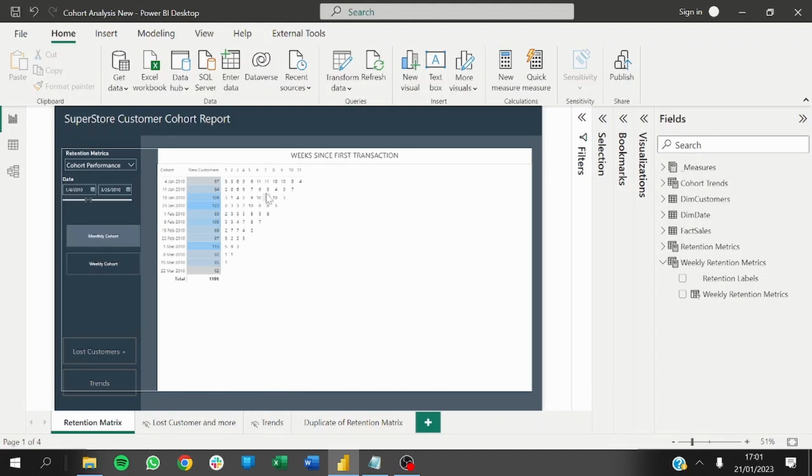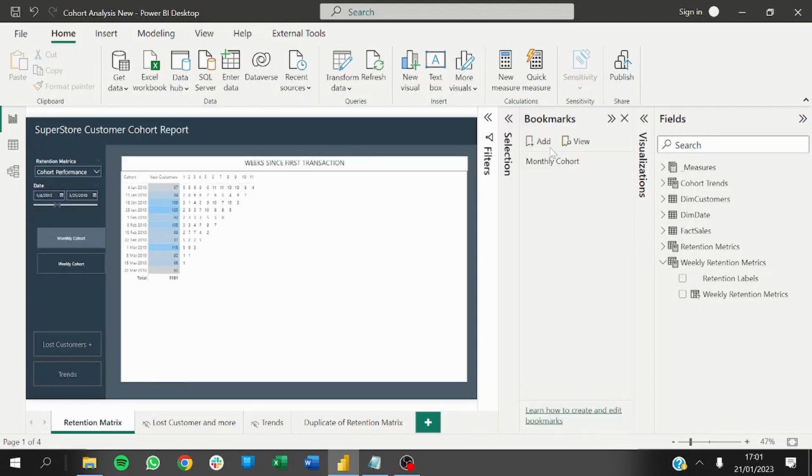So you can choose to do things like increasing the size of this value, but I wouldn't do that right now. So that we are done with just the basics, right? What we need to do next is to see how we can switch between monthly cohorts and weekly cohorts. So what I would like to do for now is to create another bookmark